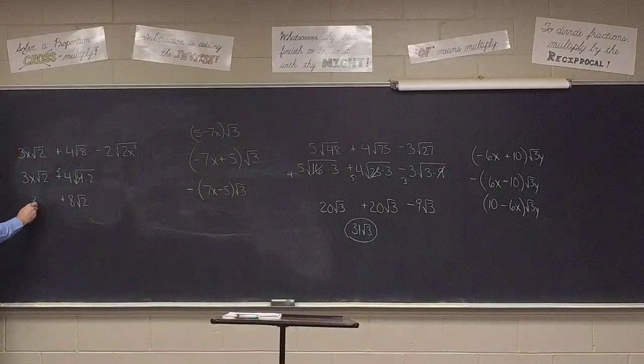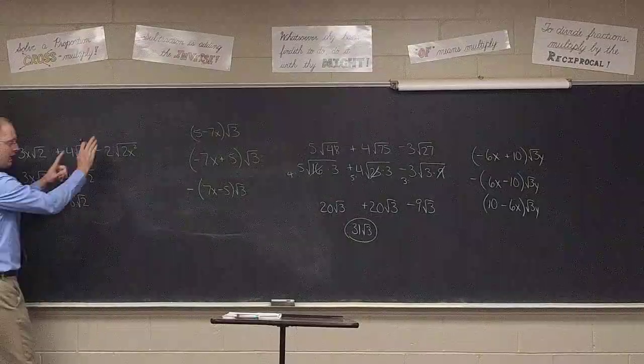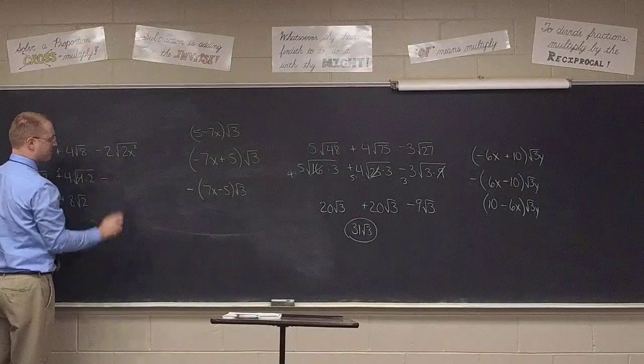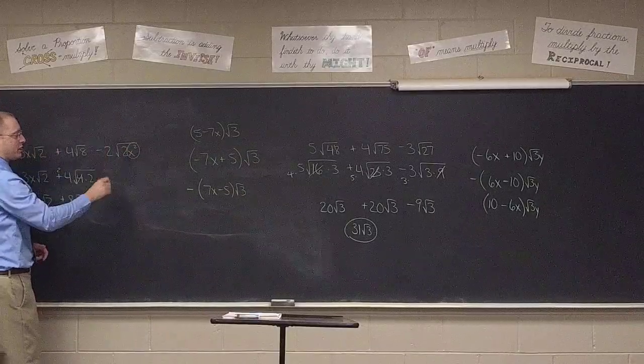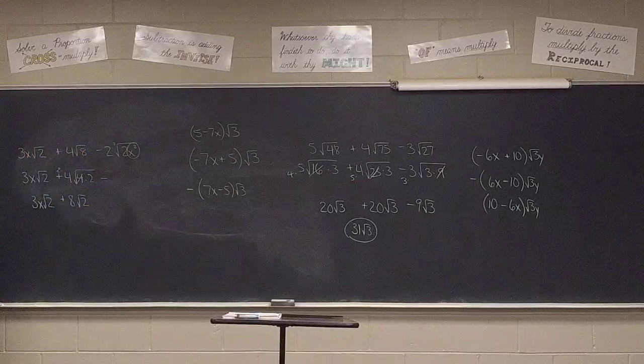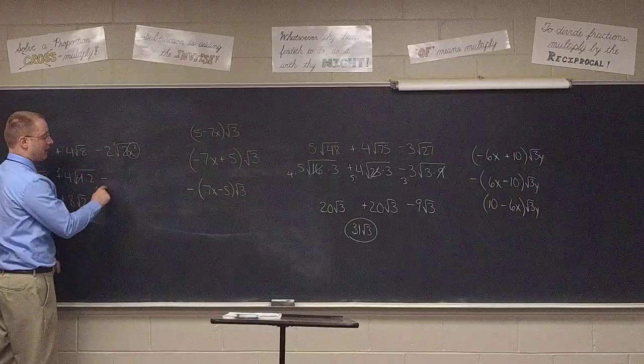All right, so now again, they're not like terms because they don't both have x's, but they are at least like radicals. Let's come over here now. I can't factor the 2, but maybe there's something I can do here with the x squared. All right, pull an x out. 2 goes into 2 one time with nothing left. So we end up with,